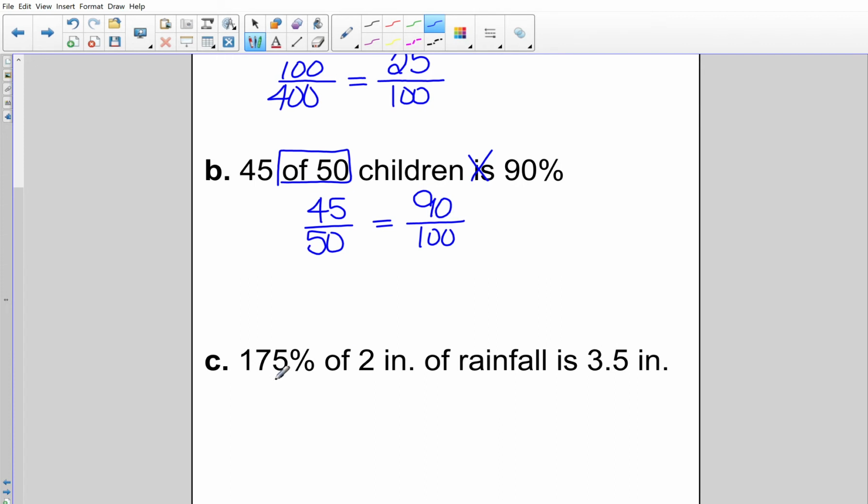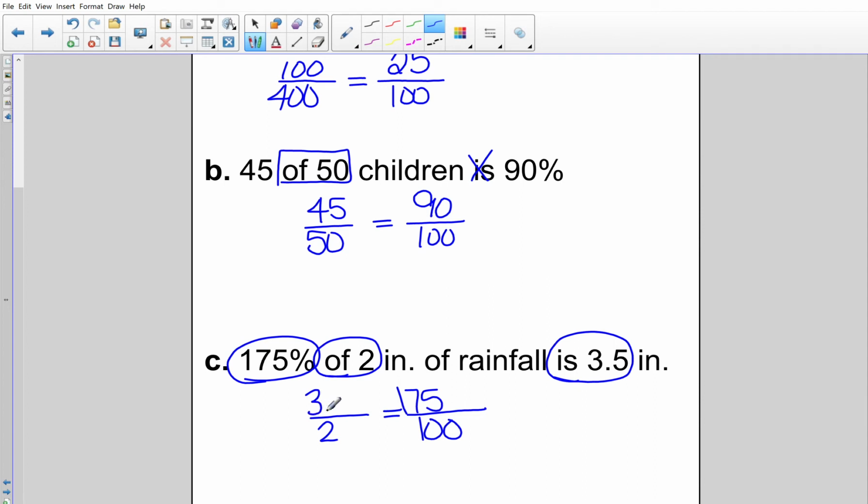And then here we've got 175% of 2 inches of rainfall is 3.5 inches. So make my proportion. My percent is going to go over 100. Of 2, so the 2 goes on the bottom, is 3.5, that goes on the top. Okay, so it doesn't necessarily have smaller on the top, larger on the bottom. It's however it needs to be set up. Okay,